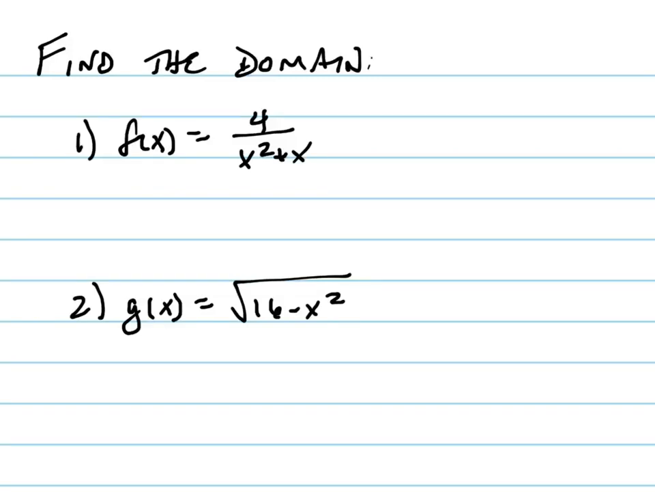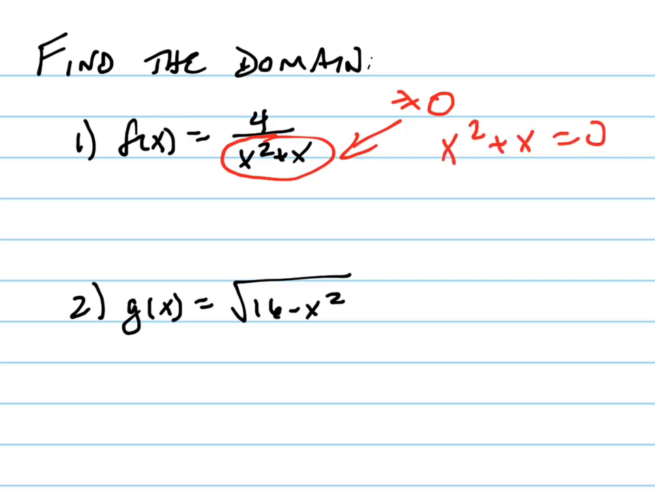Alright, we're going to find the domain of these two functions. So whenever you're trying to find the domain, you always ask yourself, what am I not allowed to plug in for x? When I have x in the denominator, I'm not allowed to plug 0 in. So I simply want to solve this equation. When does that equal 0? I can solve that easiest by factoring, which means x can't